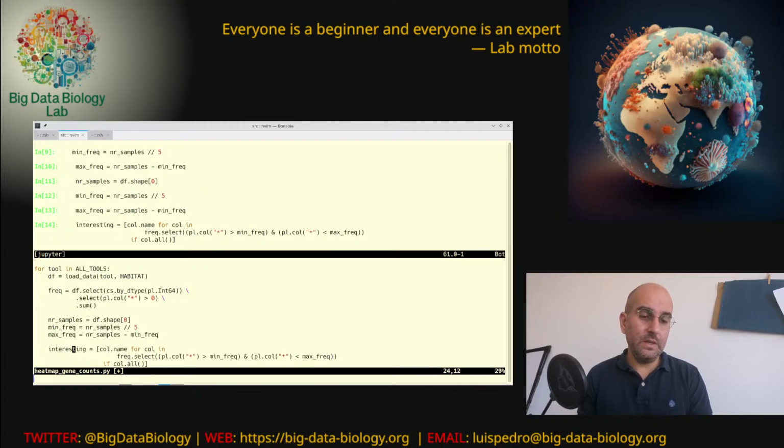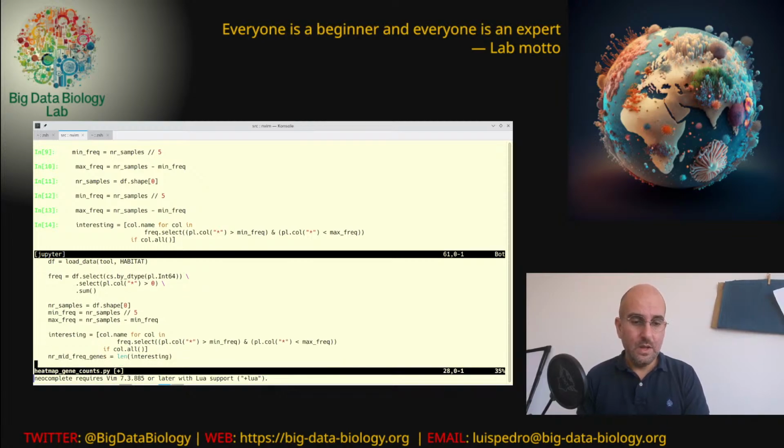And so we decided here that the minimum is 20% and the maximum is 80%. So something between 20 and 80%. We computed that by taking the number of samples, dividing by 5, and that's the minimum size, and then the number of samples minus that would be the maximum size.